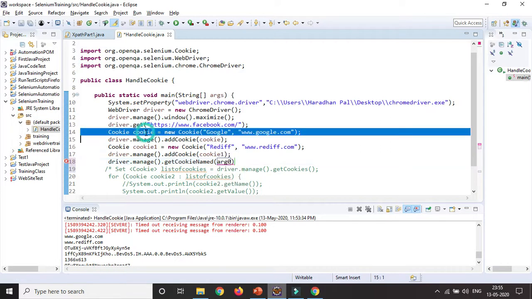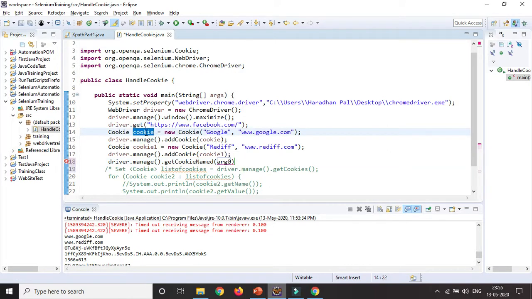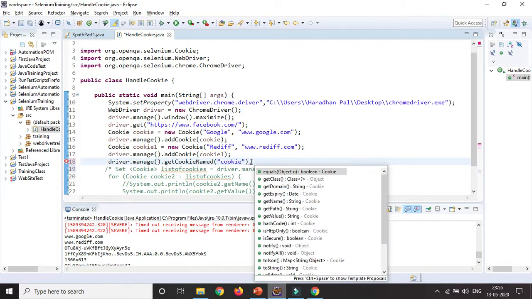Suppose you give the name of the cookie, it will give you the cookie for Google, not for Reddit. Then if you press dot, you can see you can get name, get path, get value, all the other methods will be displayed. Suppose if you want to get the name of the cookie, you can get it.